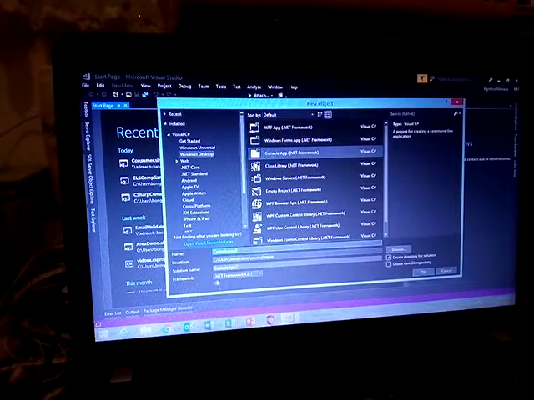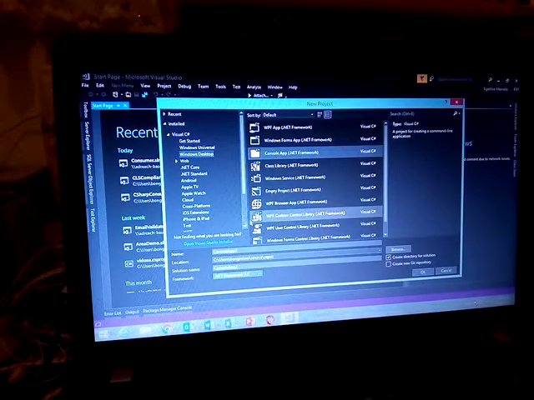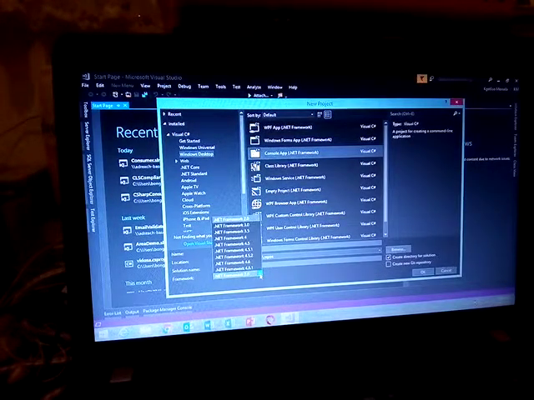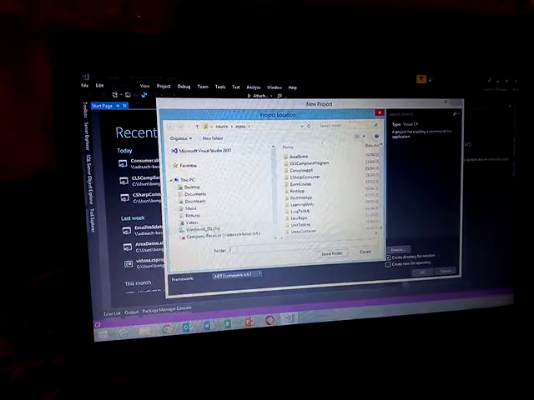Then we have the framework that we are targeting. If you are targeting .NET 3.5, you can select 3.5. If you are targeting .NET 2.0, you can select 2.0. If you are targeting 4.6, which is the default, I believe, and the latest .NET Framework that came with your Visual Studio, you select 4.6, and in this case we're going to leave it there. Here you can browse, you can save your application to a different location, and that's exactly what we are going to do, because I'm going to save mine